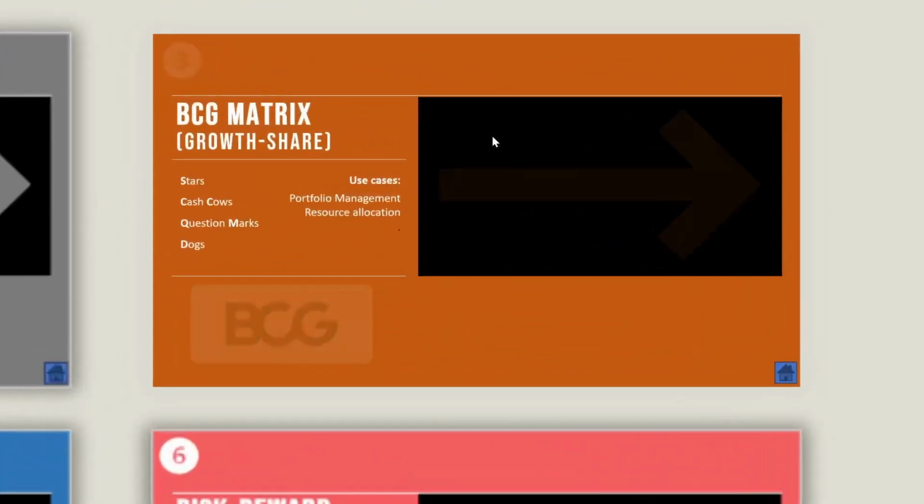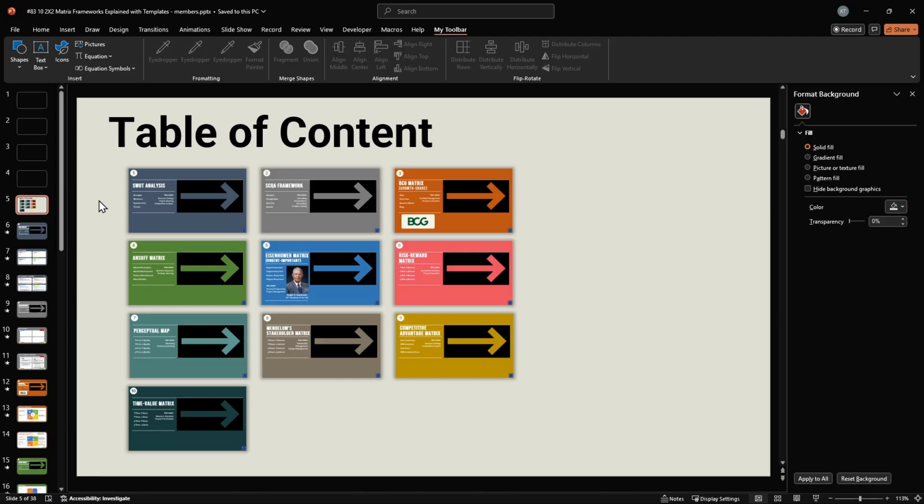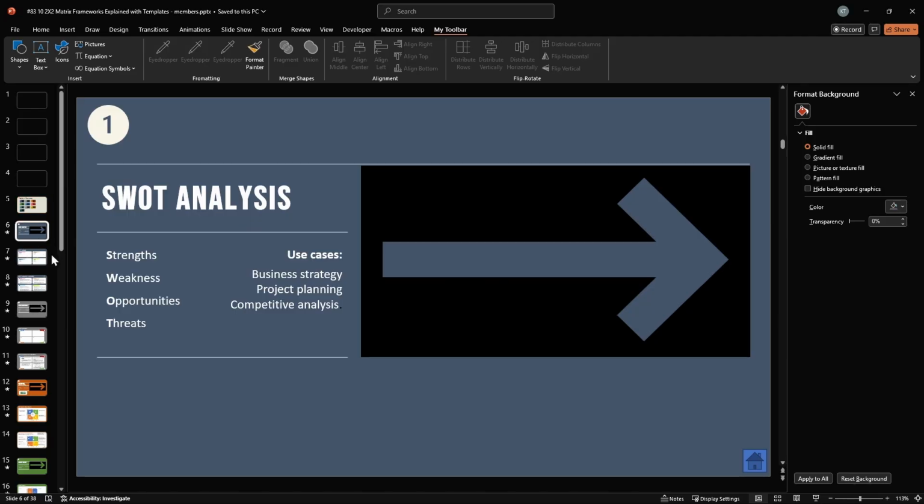If I click on number 3, it takes me to BCG matrix. So layout wise, this looks fine. We have a few more things we need to do. So let me go back to this slide. Let's say if my presentation takes me to this slide, I need some way to go back to the original